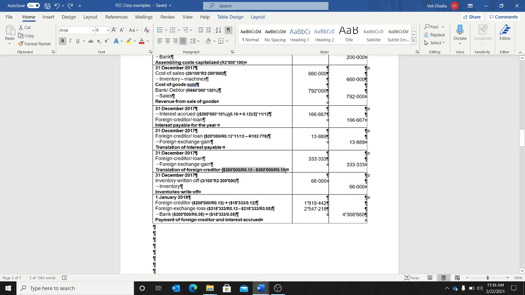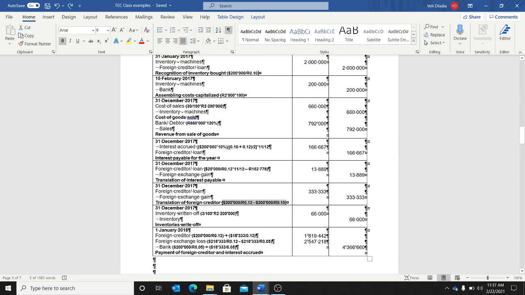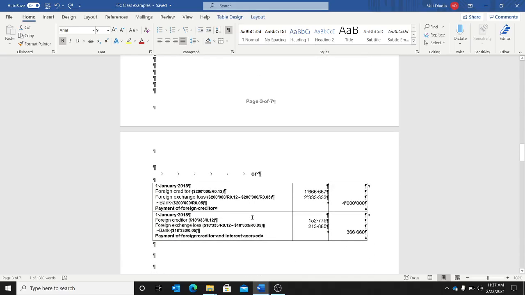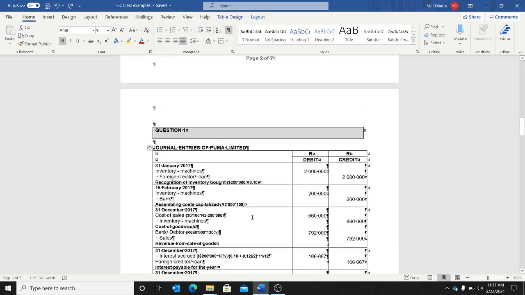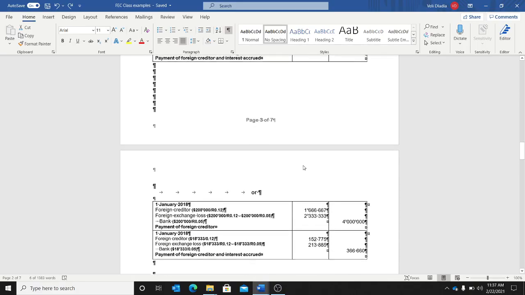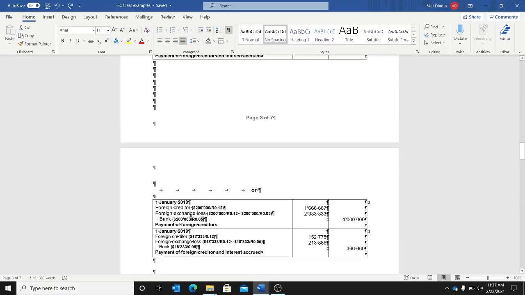We translated it into 0.12. Now, foreign exchange is like a relay. The 0.10 that you raise here, since it is still outstanding at the end, gives it to this one. It's just like a relay. 0.10 will give it to 0.12. Okay. Now, at payment date, when you are making the payment at 1 January, here it is, the rate is 0.05. Right. You made a payment,